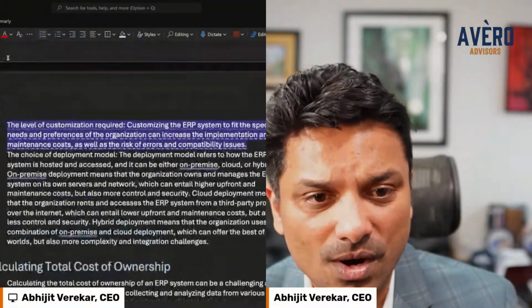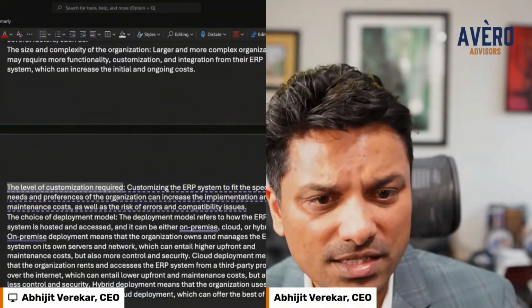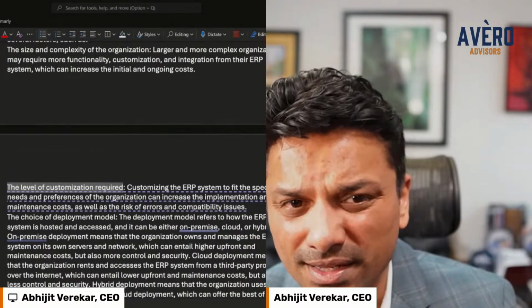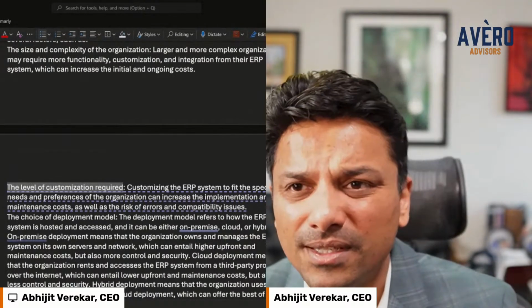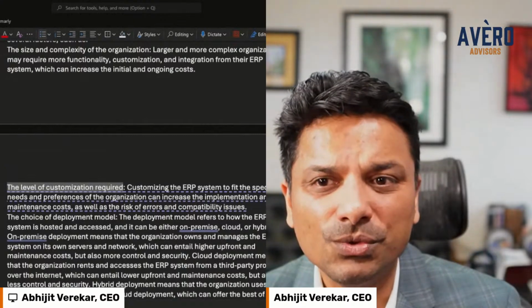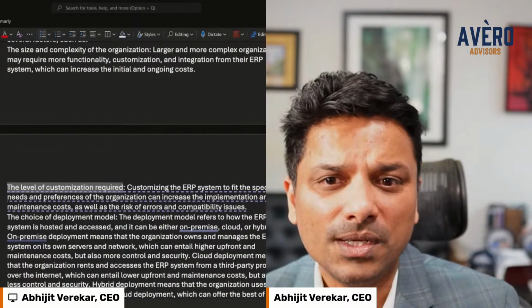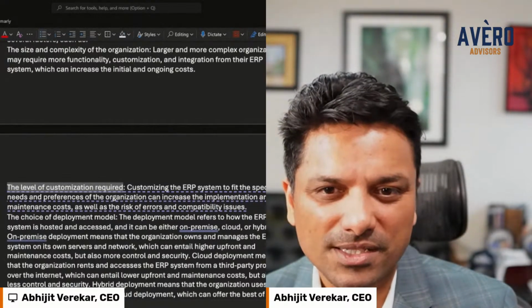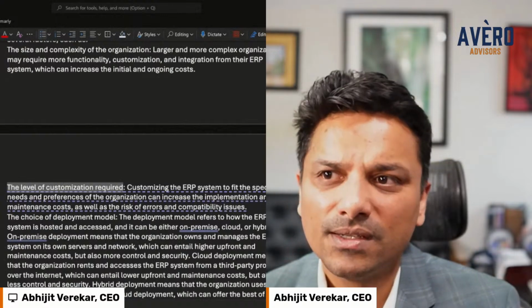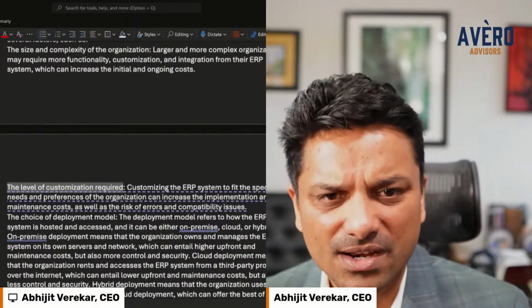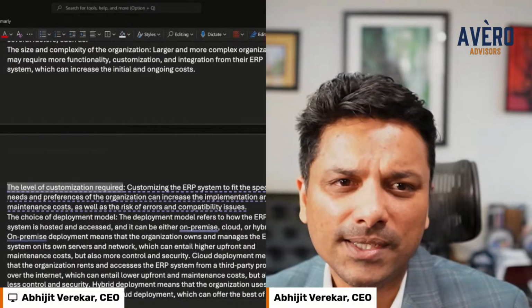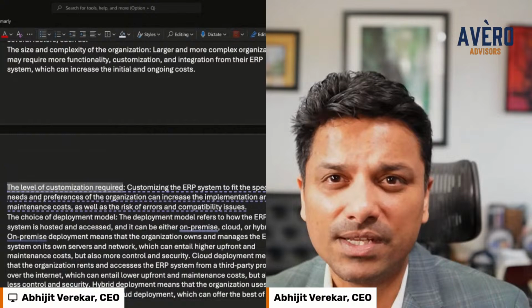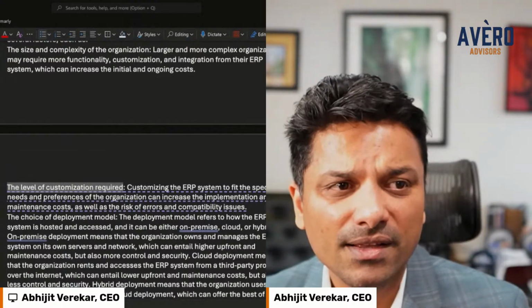Level of customization required. This is a tricky one, right? Customization is a dirty word in implementations anymore. You don't customize solutions, you configure them, and a lot of the newer solutions out there that are more modern are very malleable without having to customize. The advent of no code, cloud services, and SaaS contracts have given a lot of flexibility to vendors and users alike to make sure that you're not going down this customization path, because that can lead to trouble.